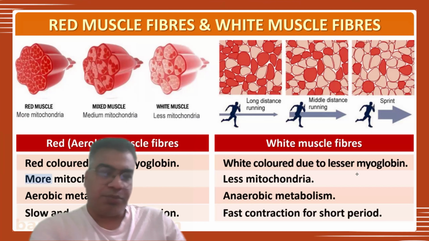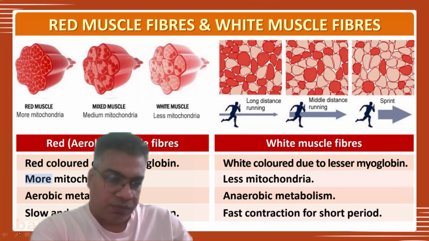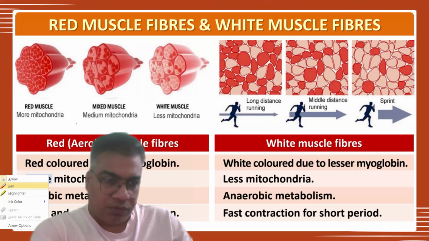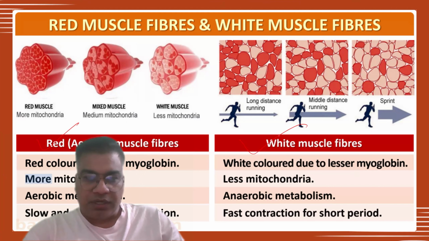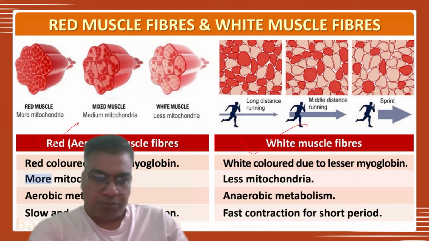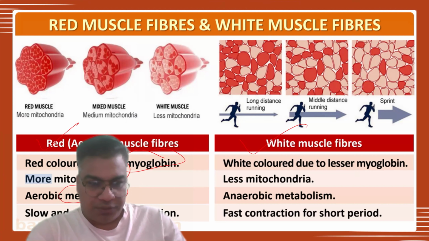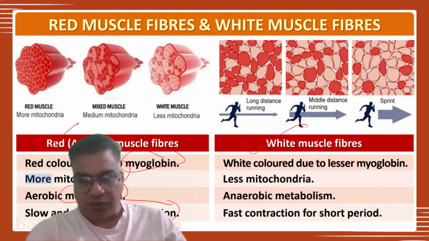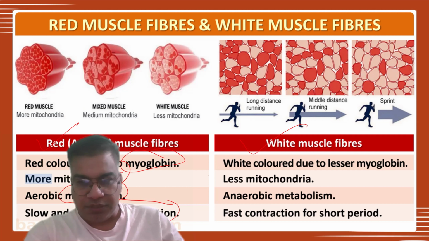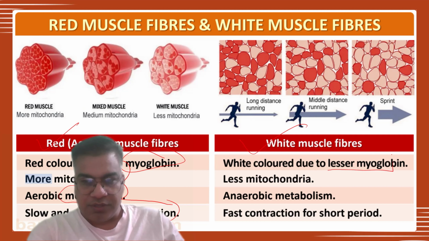These are the differences between red muscle fibers and white muscle fibers. Red colored due to myoglobin, more mitochondria are present, aerobic metabolism is present, slow and sustained contractions. The opposite conditions are present in white muscle fibers: lesser myoglobin, fewer mitochondria, and